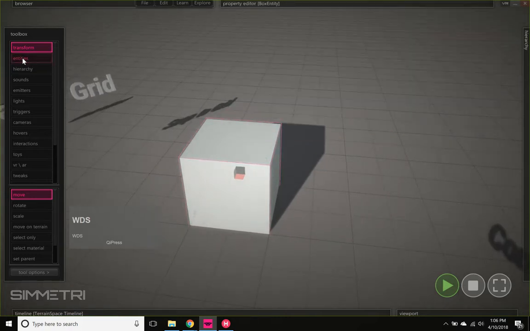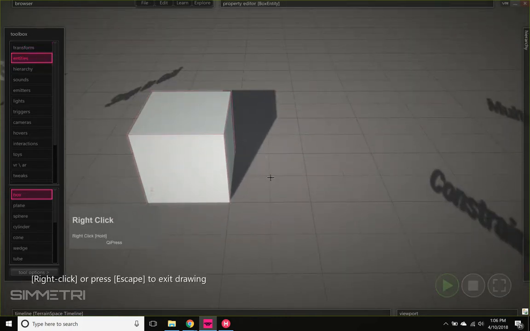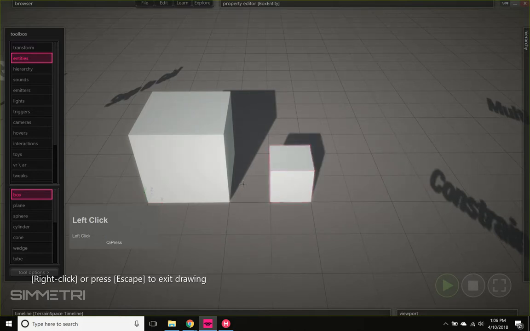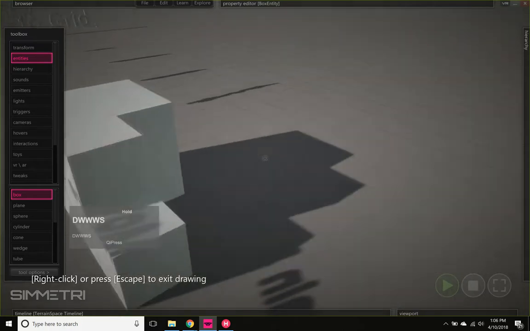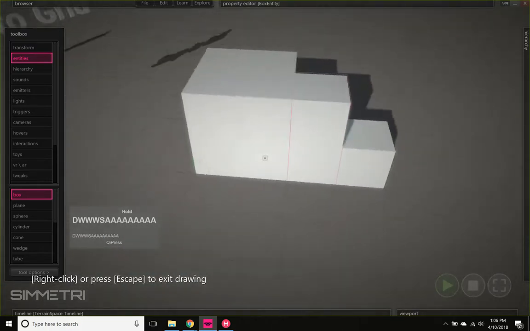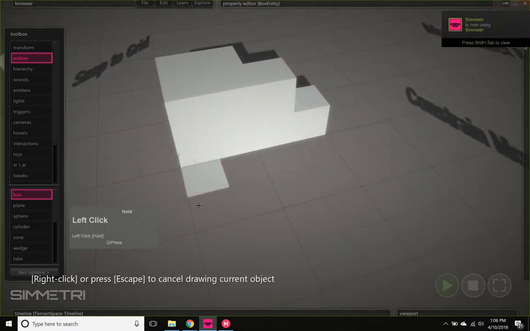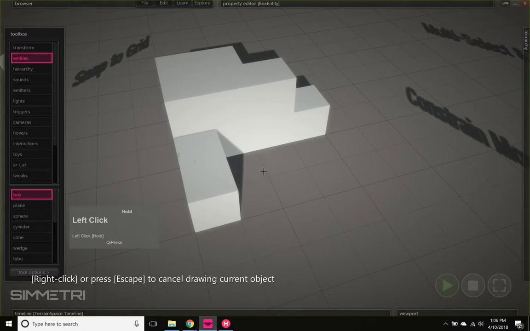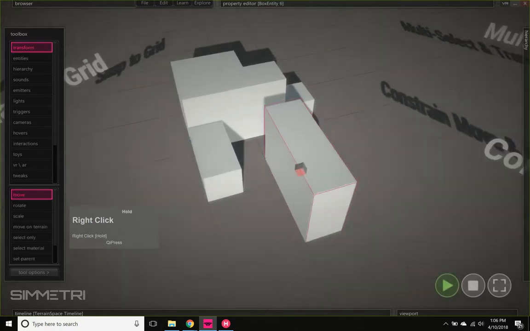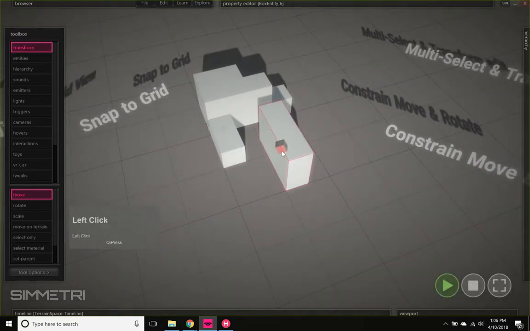One of the things that's nice about snap to grid, obviously, is that you can build very blocky, sort of voxel-like, Qbert, the older generation. You can build things pretty rectilinearly. This is also really good for mazes. For example, you can grab these things and then